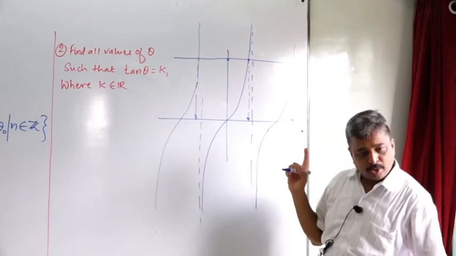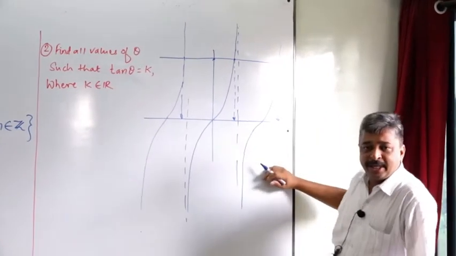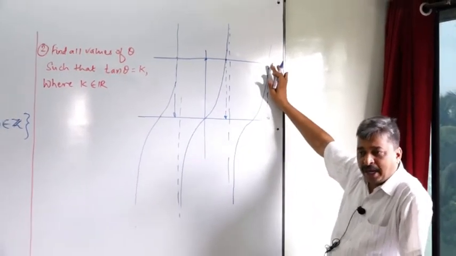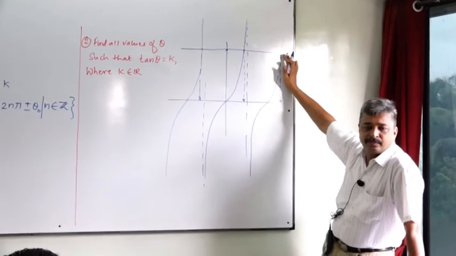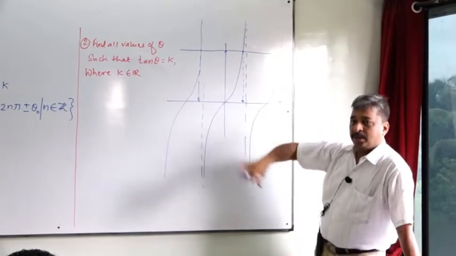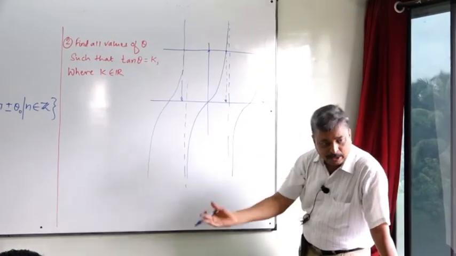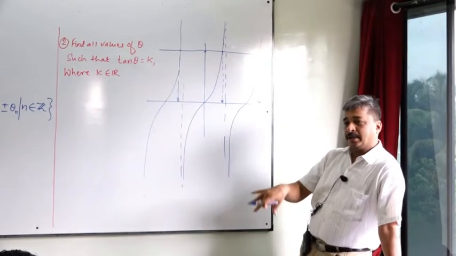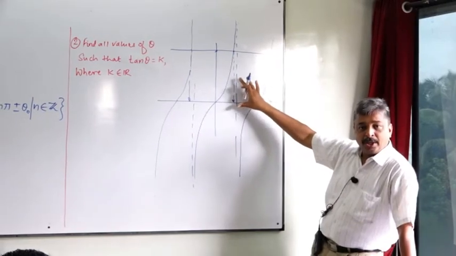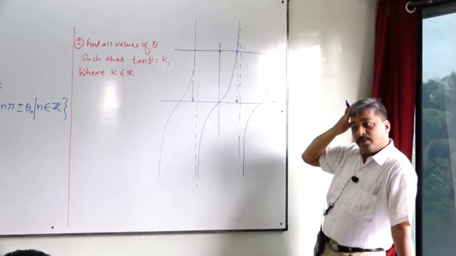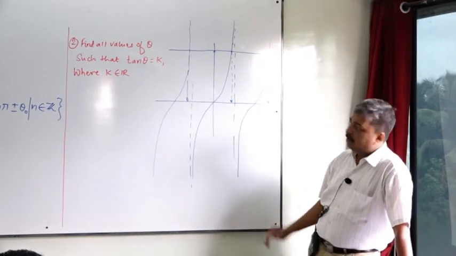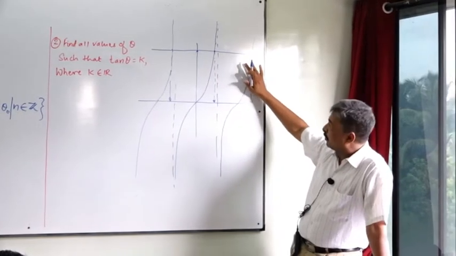So we are trying to figure out what these points on the x-axis are. If we put their value back into those equations in place of theta, we get the answer equal to k. That is what we are doing. Solving a trigonometric equation means the value of the trigonometric ratio is given to you, and now you are trying to find out x, theta. So graphically this is going to be the solution. Therefore these graphs are important. All three basic graphs must be there, which will give us an idea of whether we are solving the trigonometric equation correctly or not. Then every time we need not do it graphically.